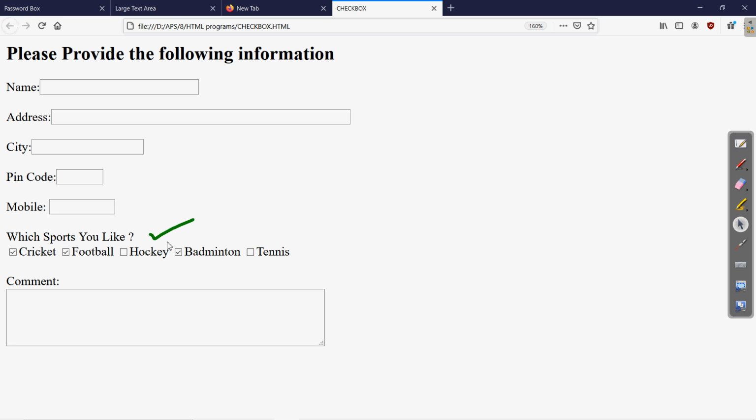And when there is only a single option correct, we will see about the radio buttons. Clear? Right now you can see that we can select multiple options as the answer of this question. Clear? So this is the feature of checkbox. I hope this is clear.